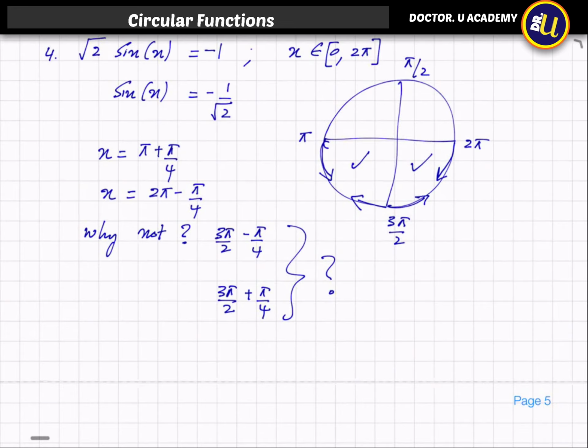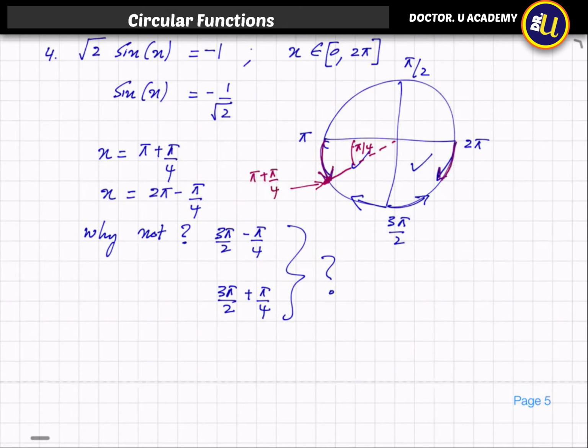Okay, so in this question again, if I go through it, we can see tan and cos are the quadrants we are going to consider, and x is equal to pi plus pi divided by 4 and x is equal to 2 pi minus pi divided by 4. So that means we are constructing the solution from pi. Why pi plus pi divided by 4? That means we are looking at this angle is pi divided by 4. So this position is pi plus pi divided by 4.